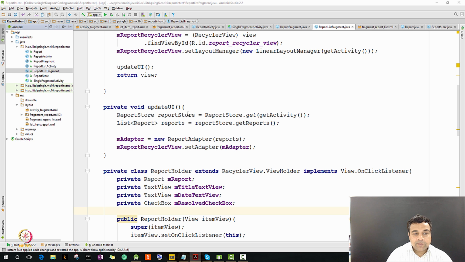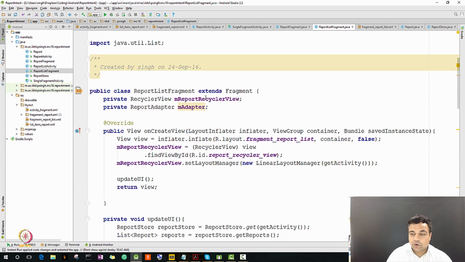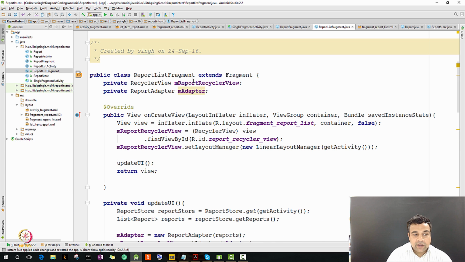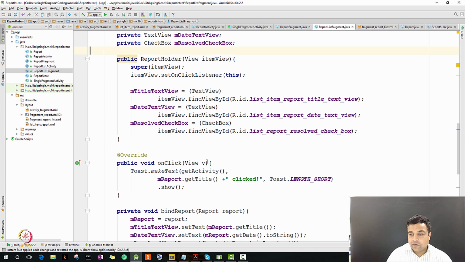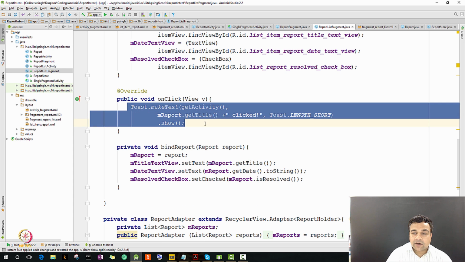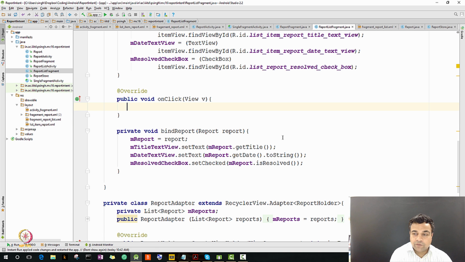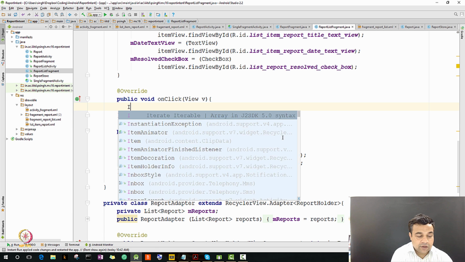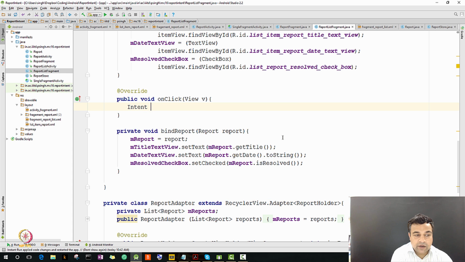So let's start coding. We will go to the report list fragment class. This is our report list fragment class, and in this we will update the onClick method, which was earlier doing nothing but showing a toast. This time it will send an intent to start an activity. So I will remove this code and I will write intent